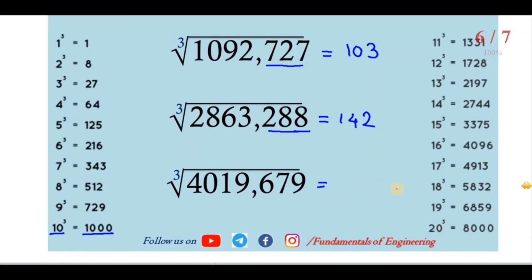So if 9 is there, no doubt we will get 9. You can see here, if 9 is there, 7 to 9. So don't consider these 3 numbers. Next number 4019, which is near to which perfect cube number? 3375, which is a cube of 15. So 159. So my dear friends, we have seen the simple step 1 and step 2. Based on that, without any calculator, we are finding out the cube root.